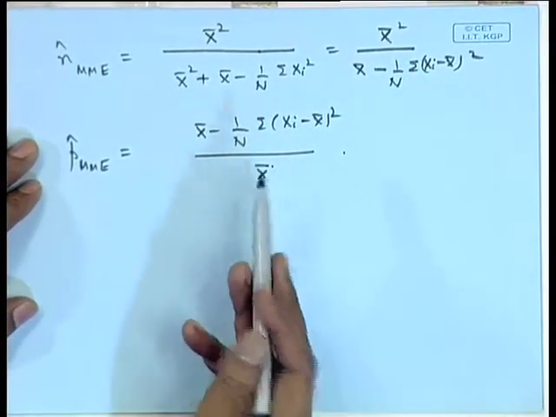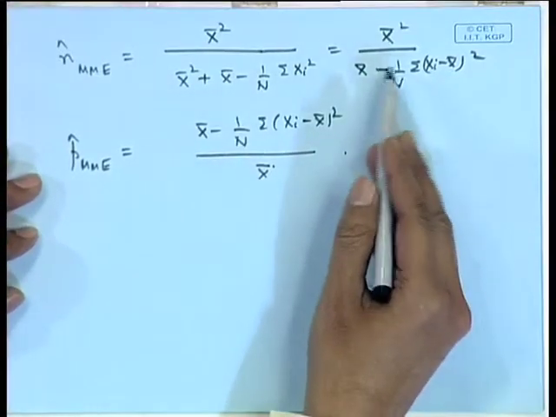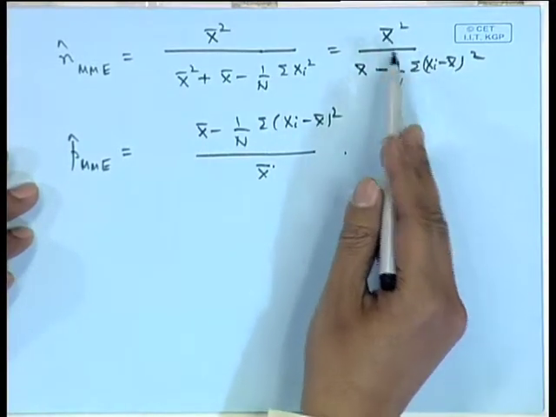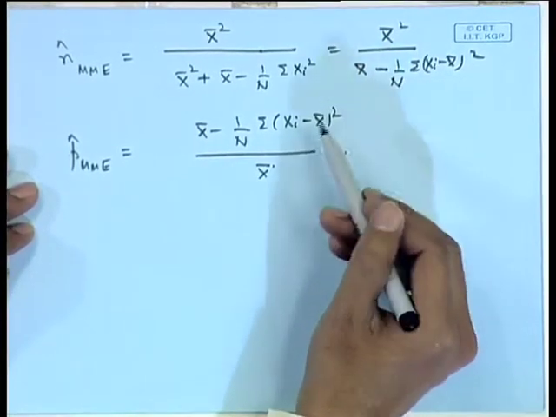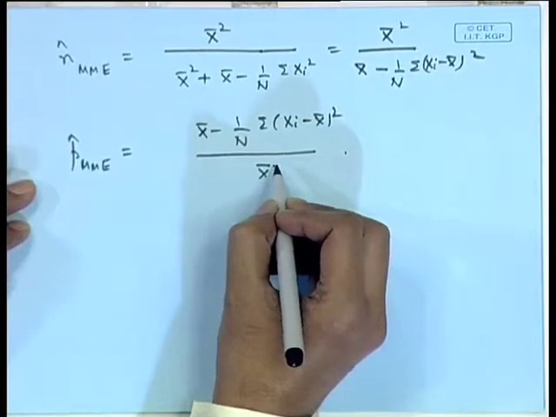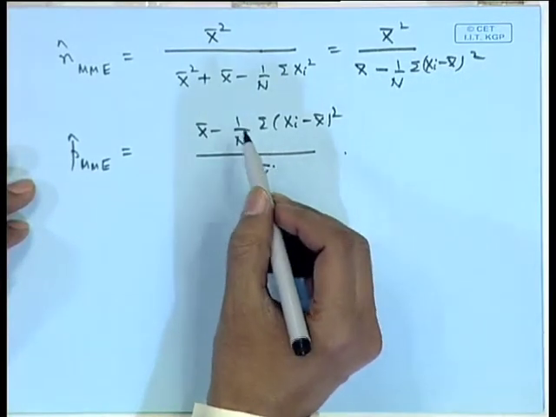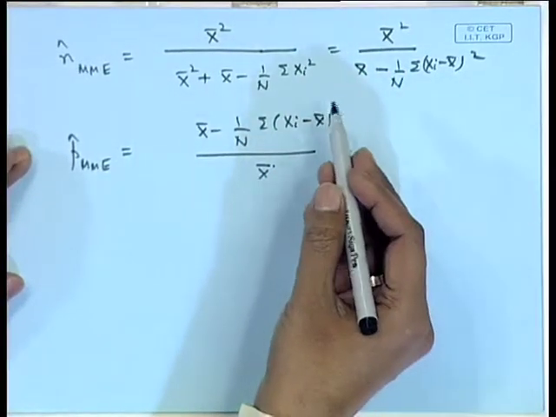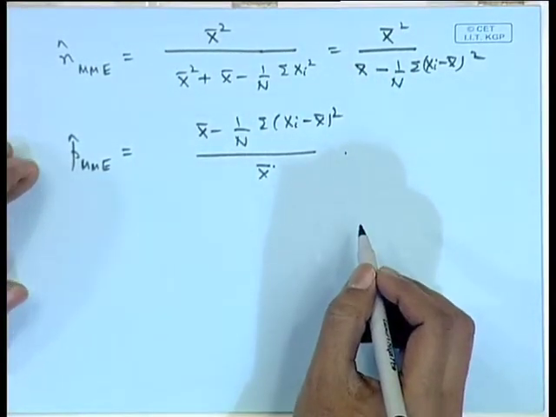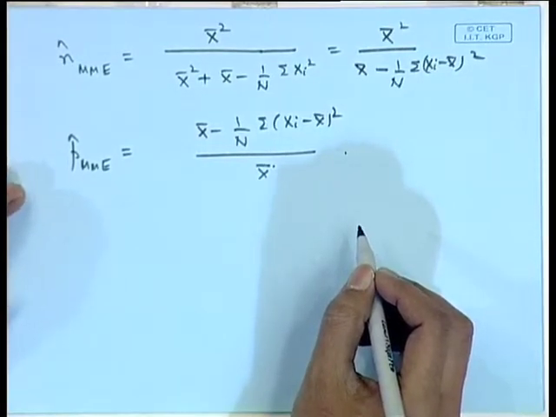So, here you can see the form is quite complicated, and the question of checking unbiasedness etcetera is ruled out, because we cannot actually evaluate the expectations of ratios of this type of functions. Consistency can still be considered, because x bar will be consistent for n p, that means, if I consider x bar by capital N, then it will be consistent for p, etcetera. So, the consistency may hold, but the unbiasedness is totally ruled out. In fact, it cannot be even checked.